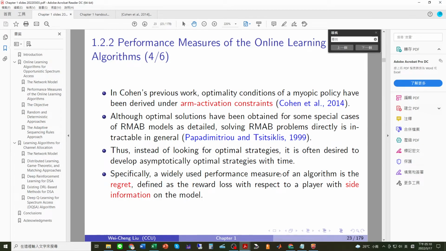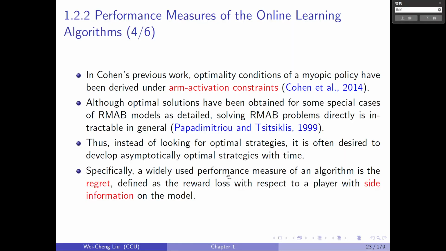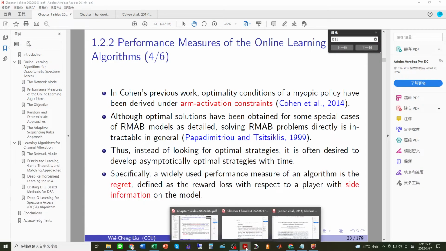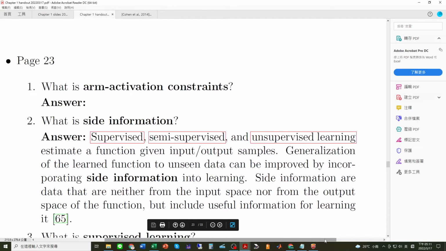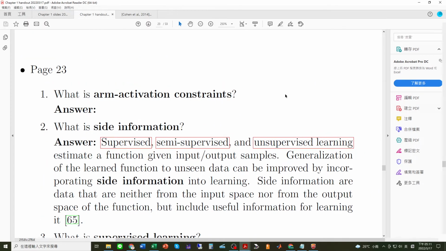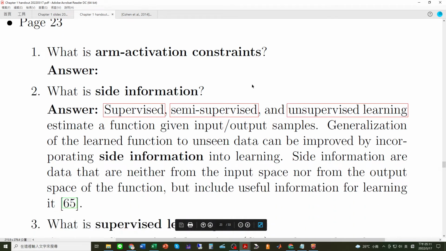So let's go back to the slides. Defined as the reward loss with respect to a player with side information on the model. What is the side information? Let us look at the handout. What is side information? Answer: